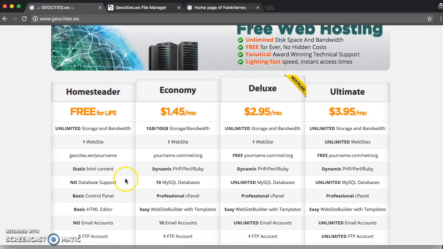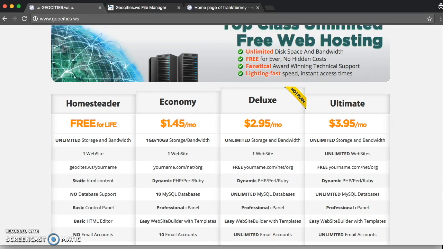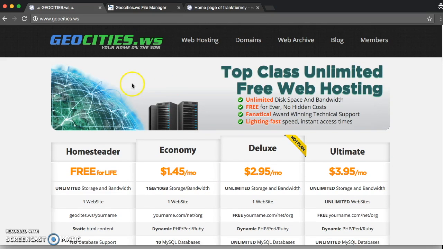We're not going to be using databases, so no need to. And if you really develop this into something that can sustain itself, then you might want to consider adding features to your plan. Anyway, this is what the Geocities